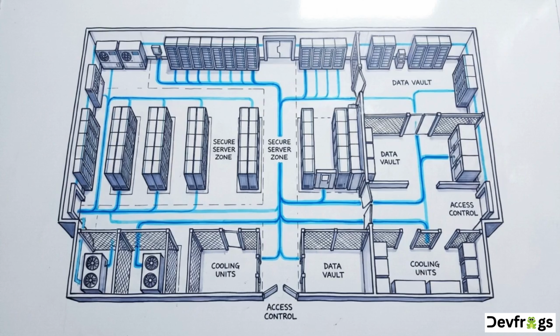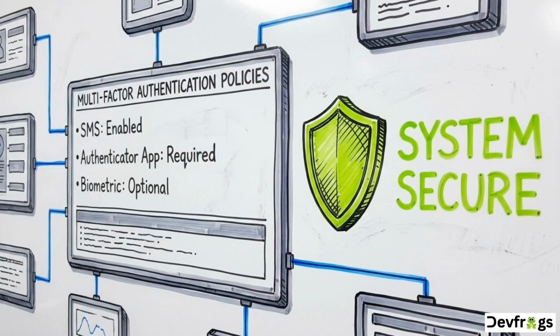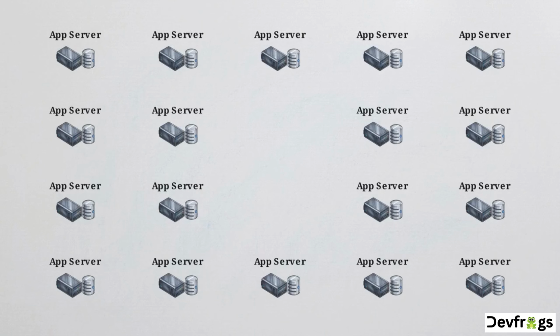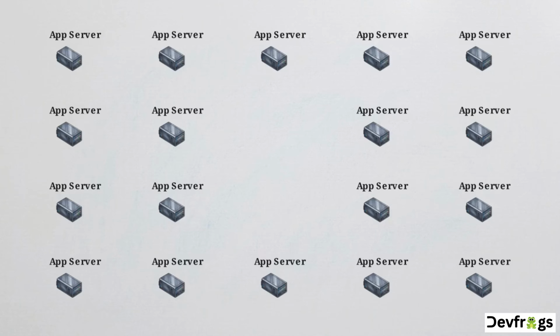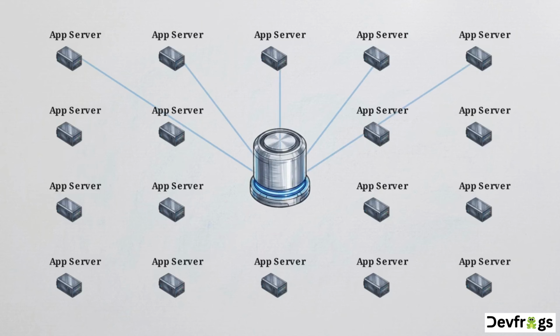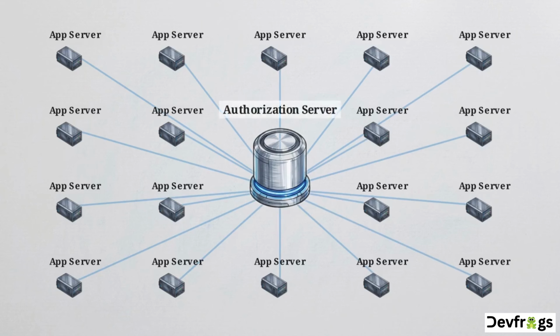To fix this, we need to build an internal system that mimics the exact functionality and security posture of enterprise identity providers like Microsoft Entra or Google. The local session management currently sitting on each server must be stripped away. As shown here, we are collapsing those isolated databases and rerouting all traffic to a single centralized source of identity truth. This central hub operates as your authorization server. It is an OpenID provider tasked exclusively with user verification and session management for the entire ecosystem.